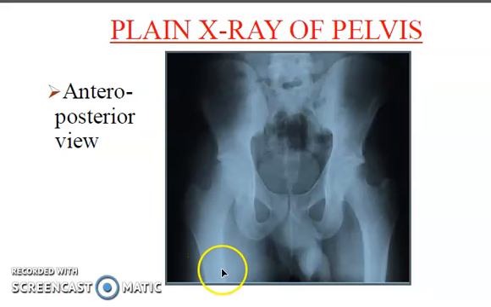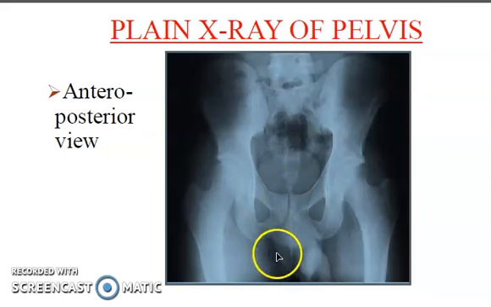Also look for the proximal part of the femur, the cortex of the femur, then the head of the femur, the neck of the femur, the greater trochanter and the lesser trochanter, which should be smooth with a normal trabecular pattern on AP and lateral view. If cortical disruption or trabecular pattern is disturbed or transverse sclerosis, think fracture proximal femur. Trace the Shenton's line. So this is the Shenton's line which is seen. If the line is disturbed, then think of the fracture of the proximal femur.